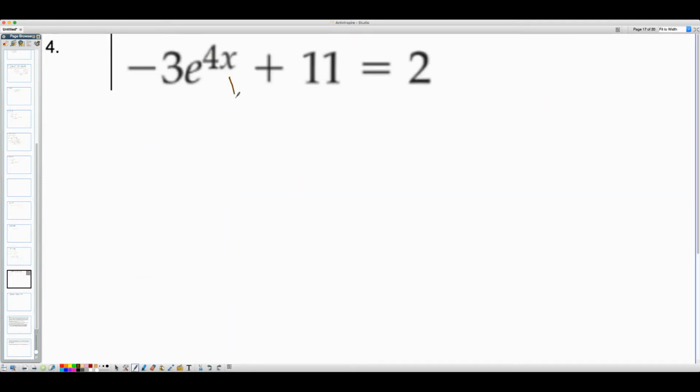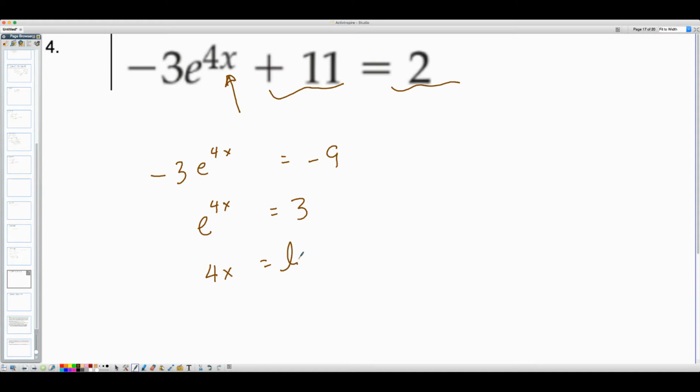Oh, look, we have an exponent with our variable in the exponent. We want to solve for that. First thing I'm going to do is get all the like terms together. These are like terms. So I'll have a negative 3 e to the 4x is equal to negative 9. Oh, I can divide both sides by negative 3. e to the 4x is equal to 3. I can take the natural log of both sides, in which case I get 4x is equal to the natural log of 3, and divide both sides by 4, and x is equal to, when I plug this in, the natural log of 3, close parentheses, divided by 4 is equal to